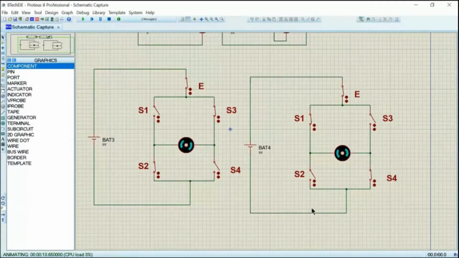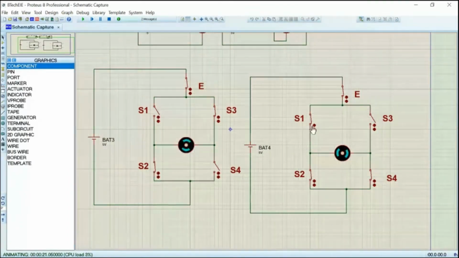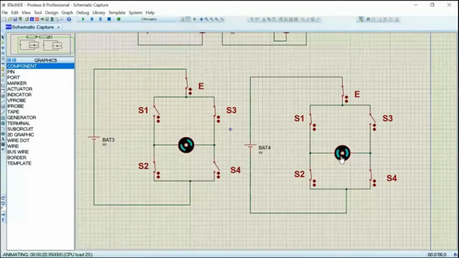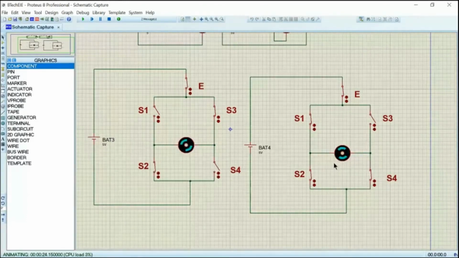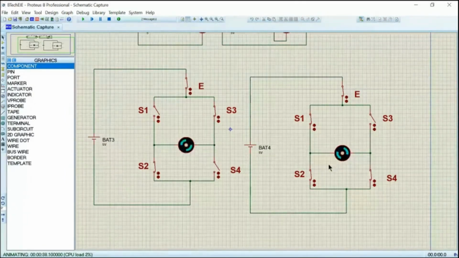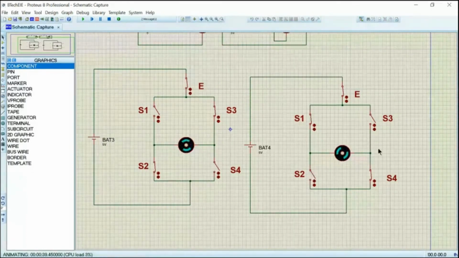So, accidentally, if you close S2 also, it is a dead short circuit, okay? You can see that this motor is struggling. In an actual case, you will see dense white fumes coming out of the motor. Just like in chemistry, once you pour this acid and that acid, you will see dense white fumes coming out of your test tube. Likewise, you will see dense white fumes coming out of the motor once you do a short circuit. So this is something that you should not do, that you should always bear in mind.